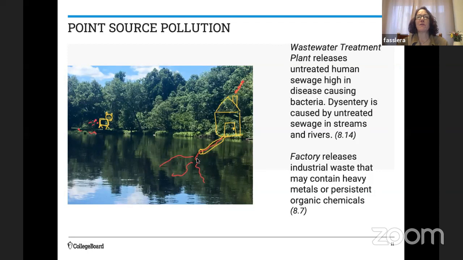So somebody from the Department of Natural Resources could go and say, oh, hey, I see that there's some human fecal waste coming from your cabin. We are going to need to fine you for that, and you're going to need to come up with an alternative solution. Factory, certainly before the passage of the Clean Water Act, factories would often release industrial effluent. They would discharge waste that could have anything from organic chemicals to heavy metals.